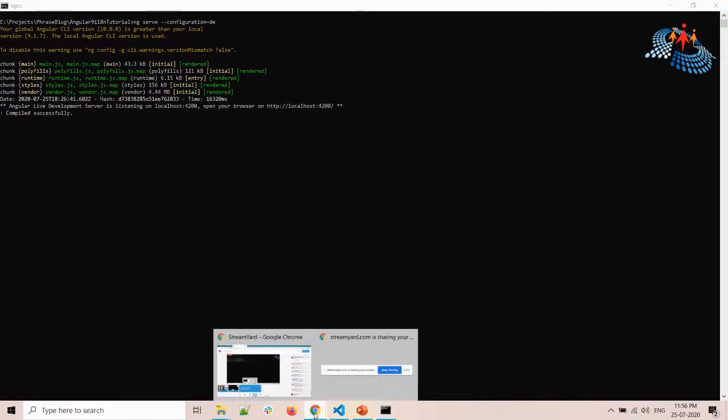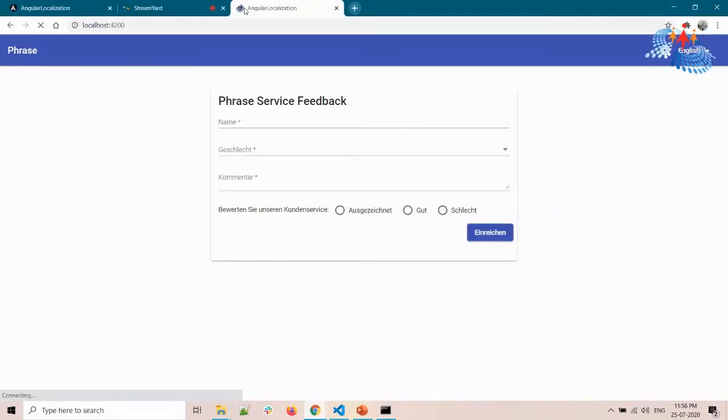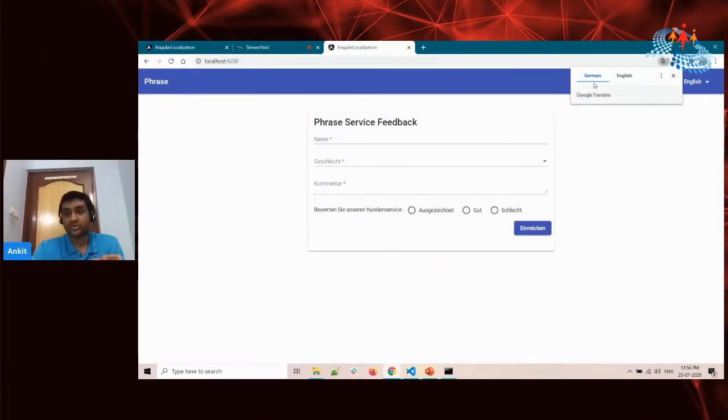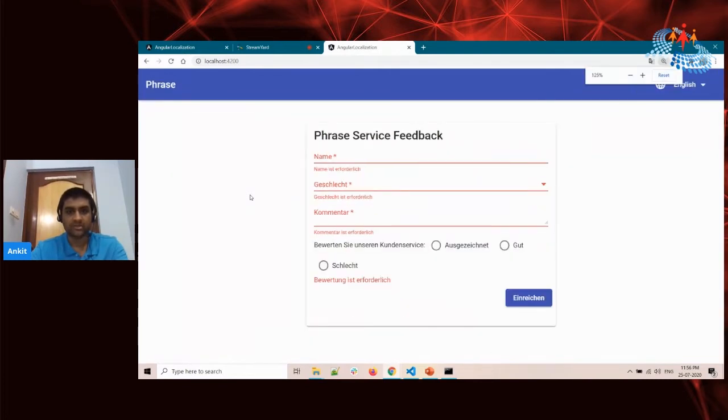So the build is successful, and if you go to localhost 4200, you can see this also from Google Chrome, which is showing that it is in German. Translate? No, I don't want to translate. If you click on this text, you can see that every text is translated. I am not sure if you can see the output, so let me zoom a bit. Now you can see that all the text which we have marked for translation is translated into the German language.